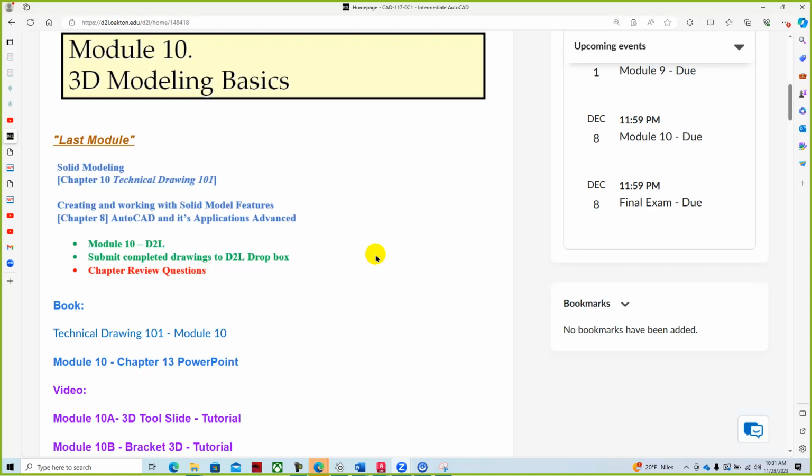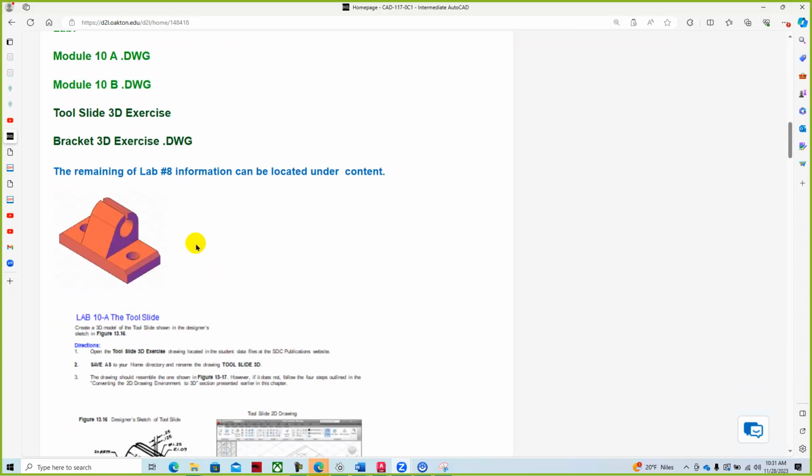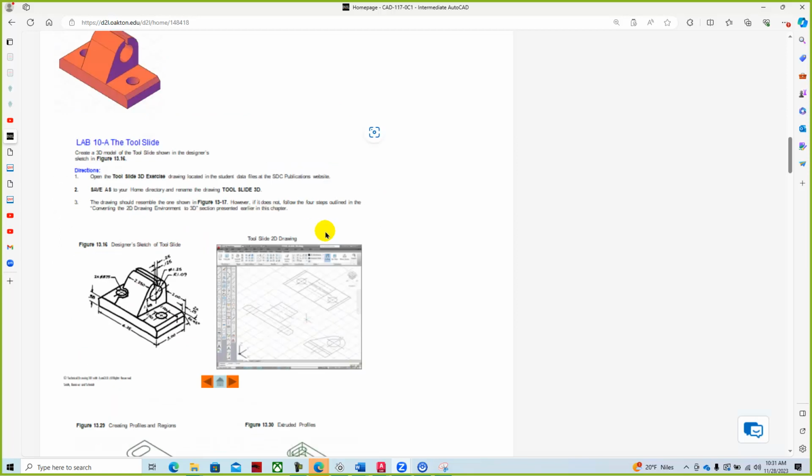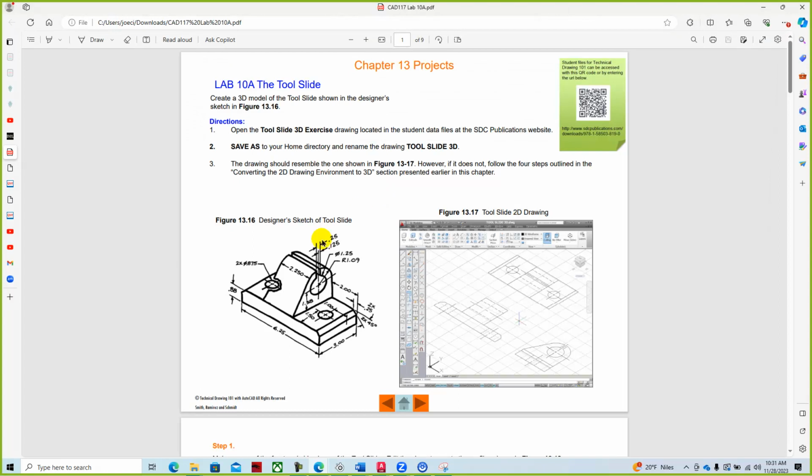And so as we work with solid modeling, what we're going to do is create these two drawings. One of them is for this tool slide, and the other one is for this part model. And they give you the 2D geometry. And so the completed drawings look like this, or at least the instructions do from the author. And so as we look at the instructions,